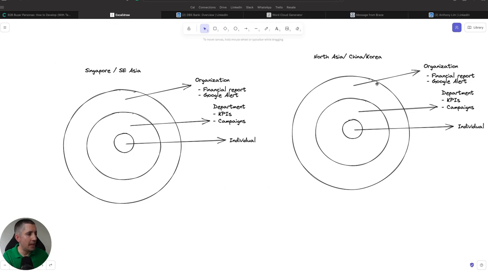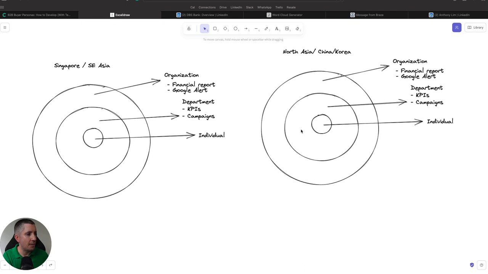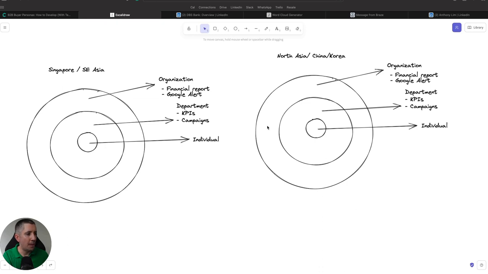Now, once again, this picture may be a little bit different. There may be some parallels in terms of some of the things they're doing, but for the most part, Singapore and Southeast Asia and North Asia tend to be a little bit different in terms of the way you operate. So you might want to tweak some of these things, but at least you have a structure in order to build a